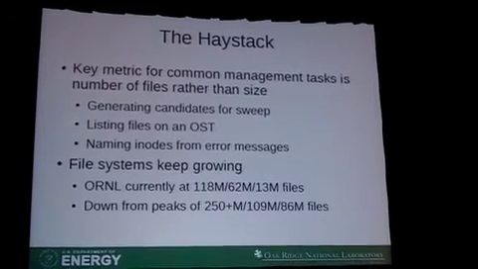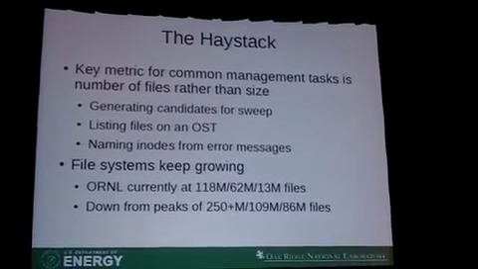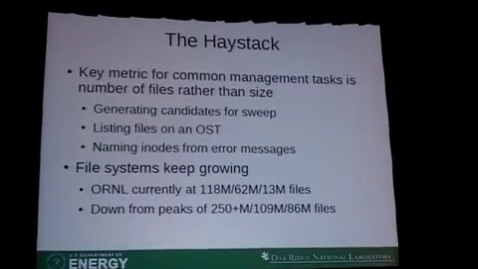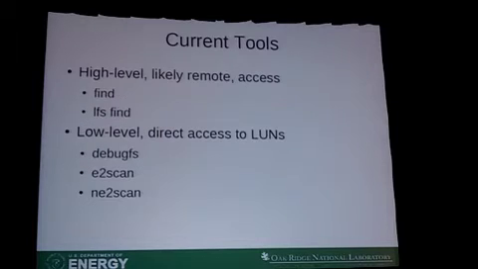Now we're down from peaks. We had over 250 million files in our big one at one point, and 109 million and 86 million on the other 2, where we weren't running sweep quite as often. If you may have heard, there was an A-time bug, and users were getting upset because we might have deleted a file after they staged it, but before it ran. A little bit of a problem. Thankfully, that's been fixed, and we got the fix rolled to production. We waited the requisite amount of time, so we're not getting rid of a file we shouldn't, and we started purging again.